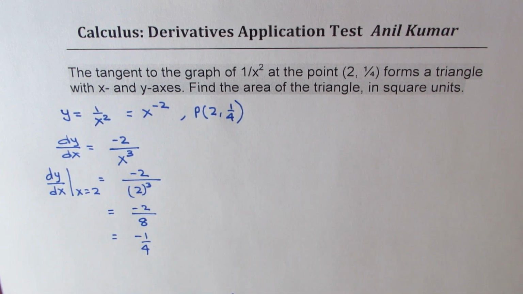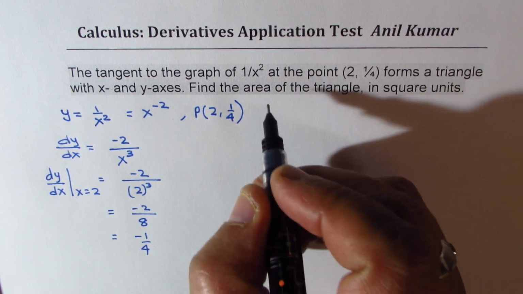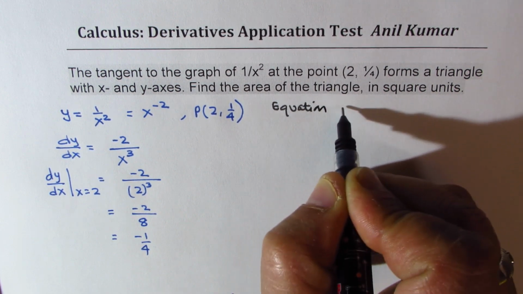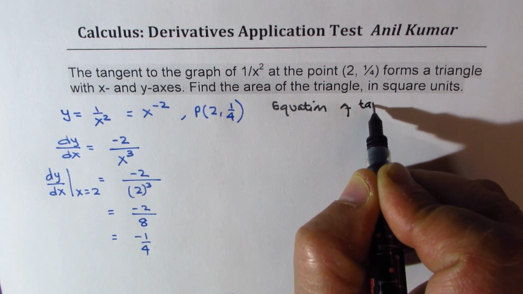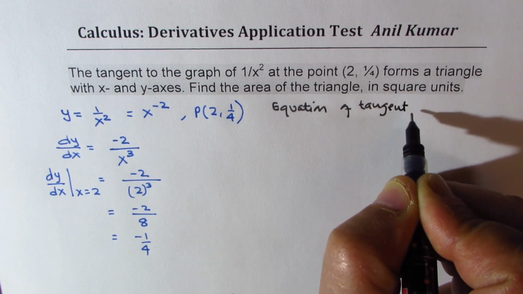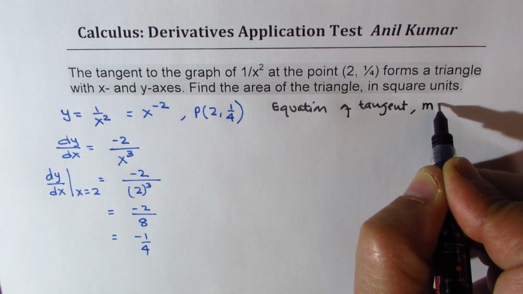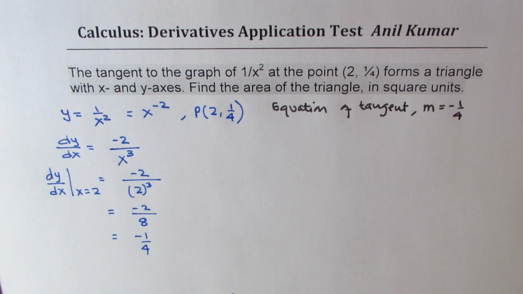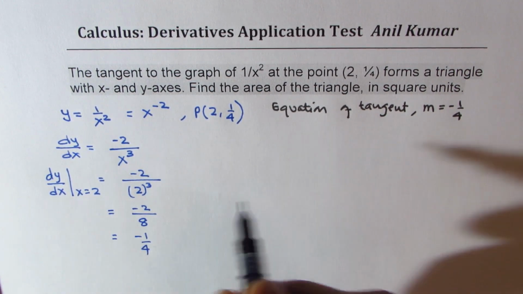We have done the first part of finding the slope. Now, we'll find the equation of the tangent line. We know slope m is minus 1 over 4. The point is (2, 1/4), right? So we could write this equation as,